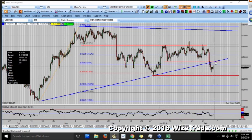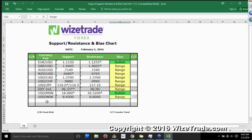I'm going to write down 846, actually. Still a range, but this is starting to be attractive, especially if the euro dollar is going to turn higher. So 846. We're in a range, and support 8.32. Okay, that's critical. All right, guys, your bias chart is finished for today, for non-farm payroll. So there you go. Now I'm going to go ahead and take some questions. First question comes in from